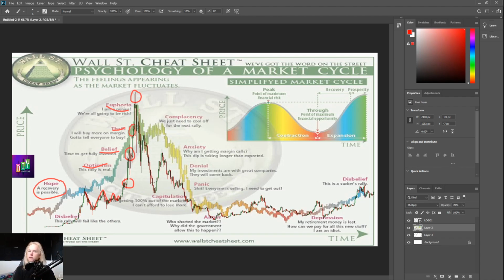It could be gold, it could be silver, it could be cryptos, it could be the stock market, it could be uranium, it could be literally any market. All that matters is that it's humans that are investing their money inside of that market. And so because of this, you're going to see their own emotions reflected in the price graph itself.